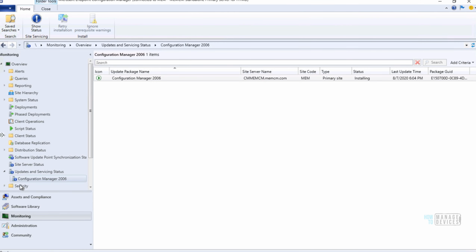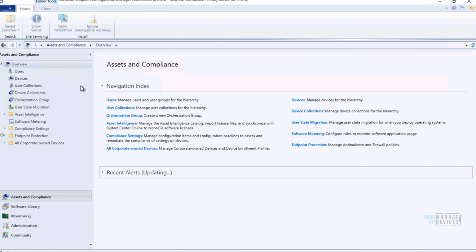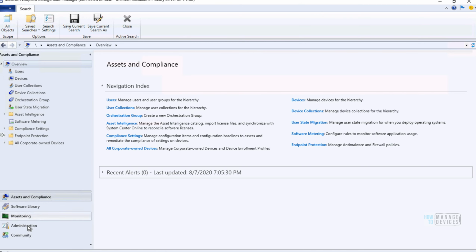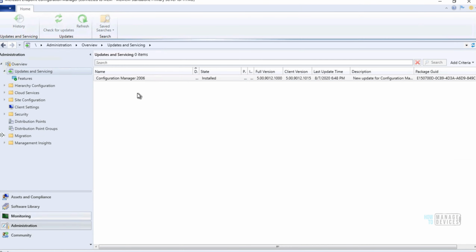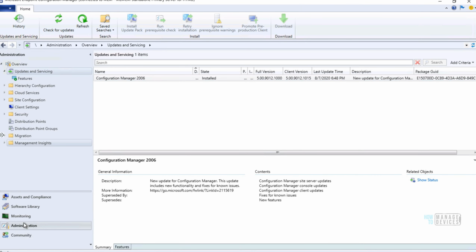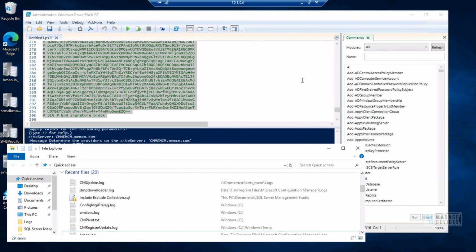Now we're ready to go ahead, and we can restart the console. Once the console is restarted, it will ask for the update of the console.